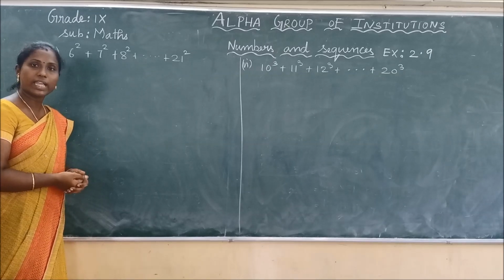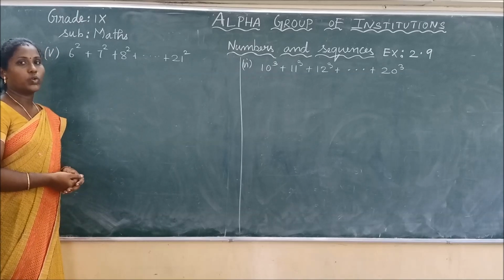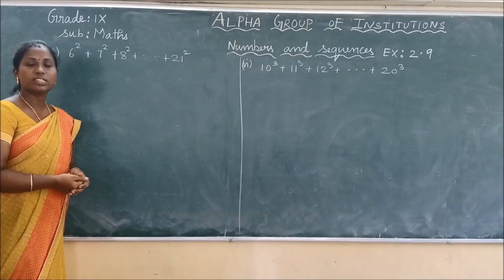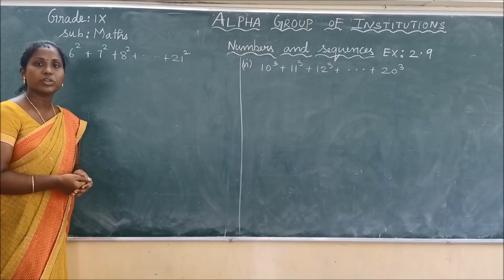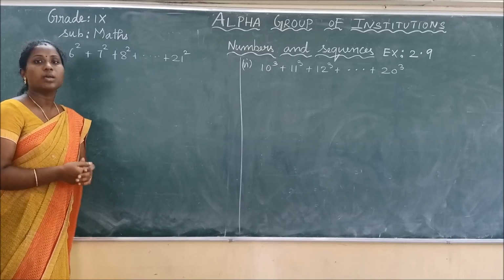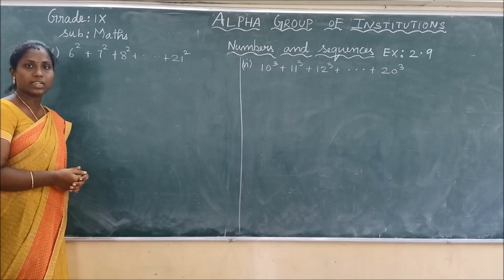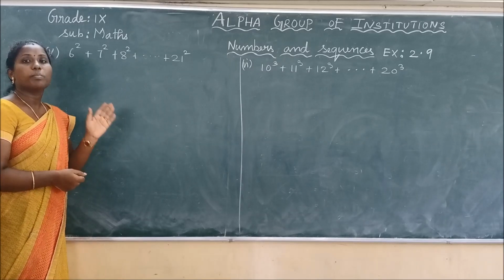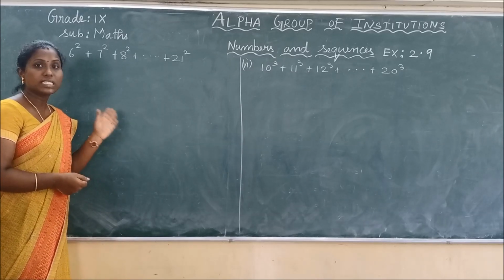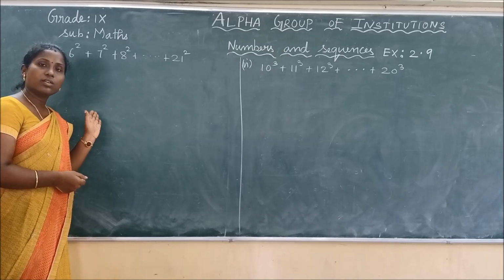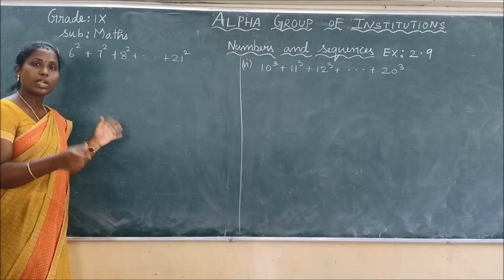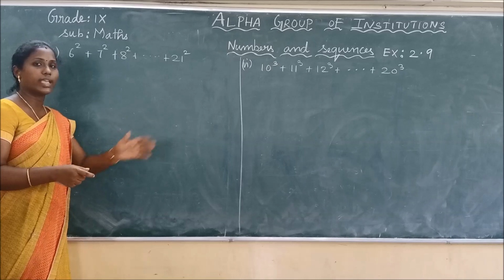Shall we use the square formula directly here? No, because in special series, whatever the series we are having, it should start from the first natural number 1. But here the series starts from 6, 7, 8, 9. It is a continuous series only, but the problem here is it starts from 6. You can use the formula only when the series starts from 1, 2, 3, etc.